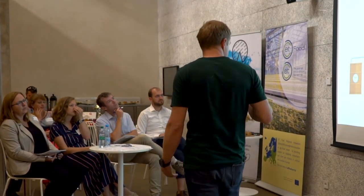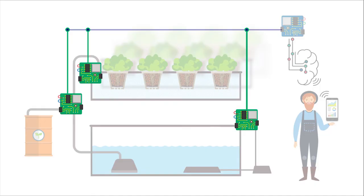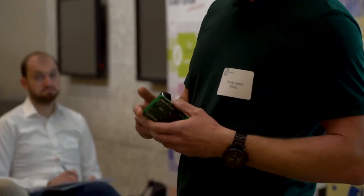Our system consists of 3 main parts. The green parts are these ones, and they measure the variables in the controlled environment, like pH or conductivity and so on. They also produce the control signal for actuators in the system, which affect the environment directly. For example, this unit costs about 200 euros, with a gross margin of about 80%, and it's currently being